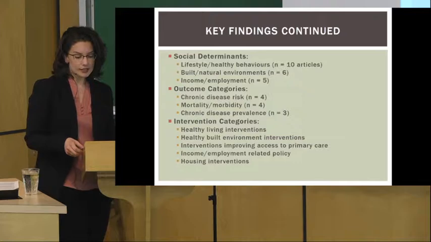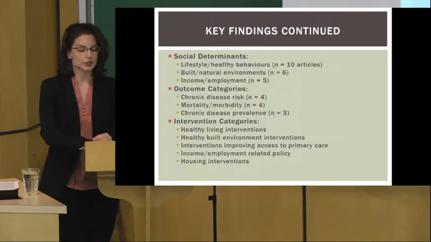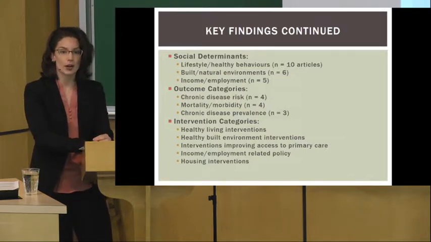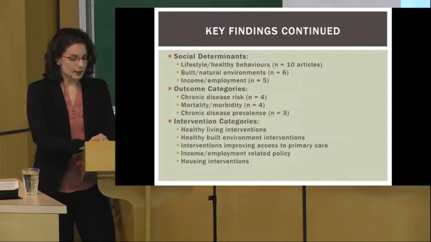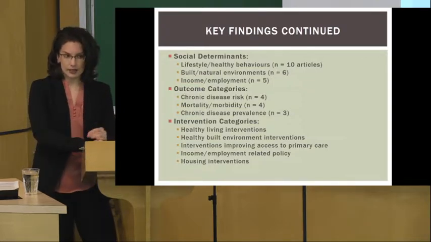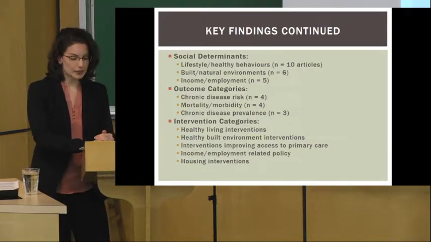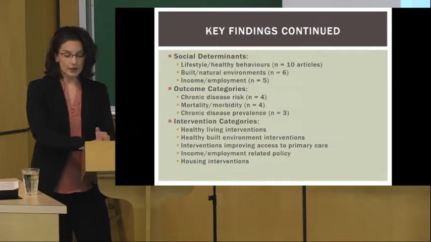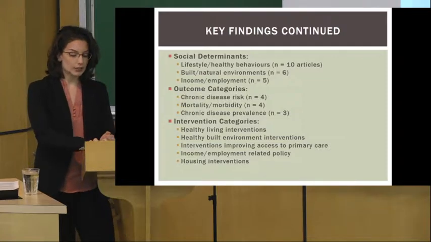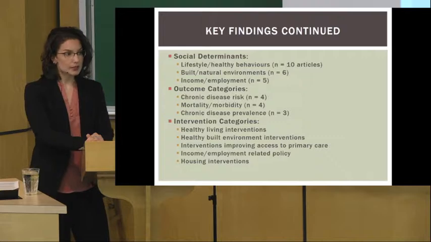To further assist with reporting results, I also extracted information on key social determinants addressed and categories of outcomes for each of the articles. Just up here, you'll see that the most common social determinants addressed in the articles were lifestyle and healthy behaviors, followed by built and natural environments, income and employment, housing, social cohesion, and education. The most common outcomes discussed in the articles were chronic disease risk and mortality/morbidity, followed by chronic disease prevalence, life